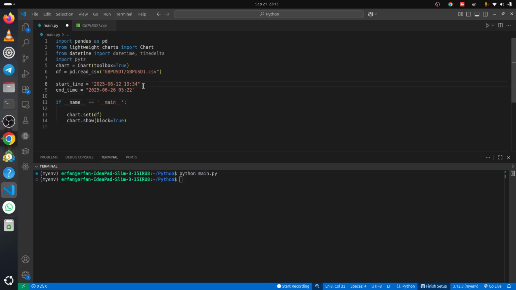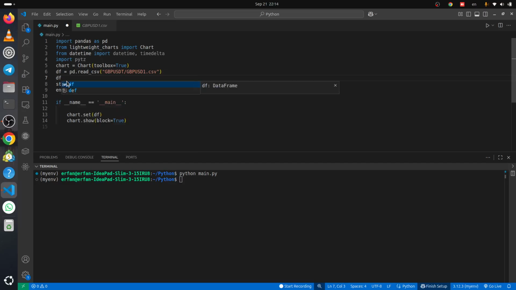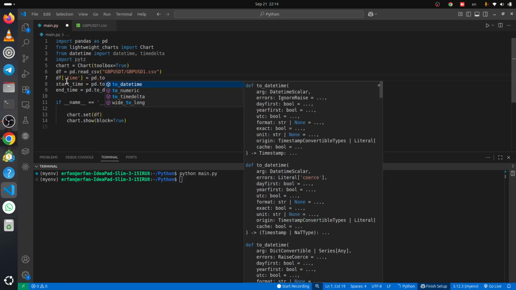So we should filter, and because we want to compare, we should convert it to datetime. Okay. Also we should convert this time column to datetime too. So here we write df time equal to pd dot to datetime